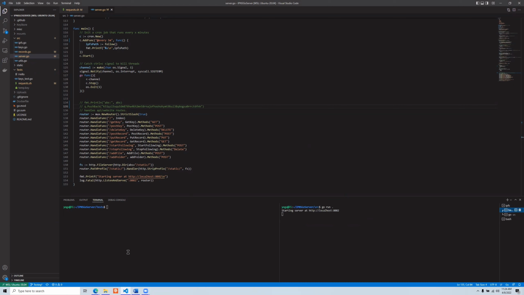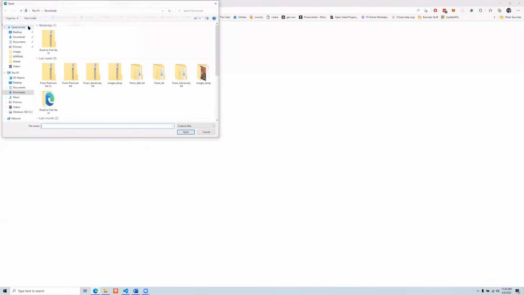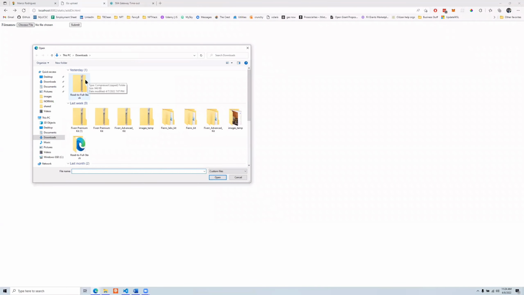As we can see here, we have an endpoint called add folder. I have not been able to find a way to do this over a curl request, so I have a very simple HTML drop folder form here to showcase how to use it. Currently, it is accepting only zip files. I was not able to find out how to get it as just a regular folder and still maintain all the subdirectories. So we have it as a zip folder, we compress it, and then we submit it over.